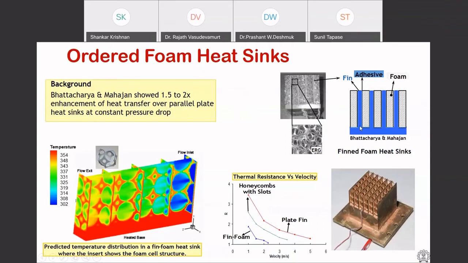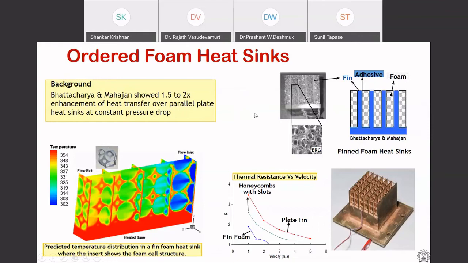Instead, you need to put some fins, so the heat will flow through these fins first and then conduct horizontally where the thickness is shorter. So that's what Bhattacharya and Mahajan have done, where they put a base and then conduct the heat through these fins and then into the porous foam like this, so that the fin efficiency is not